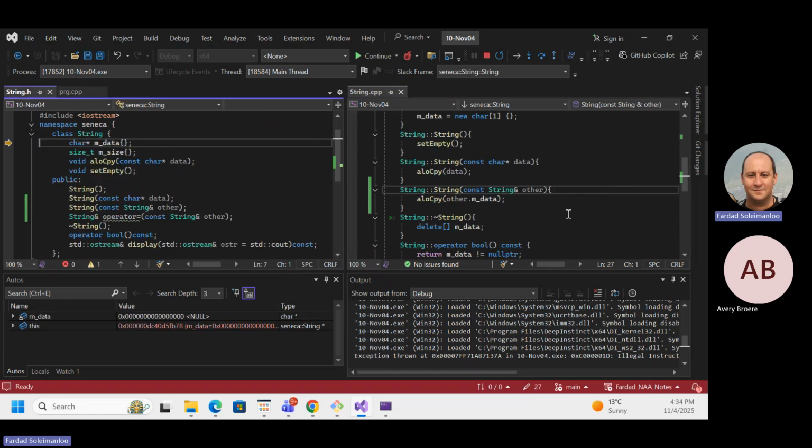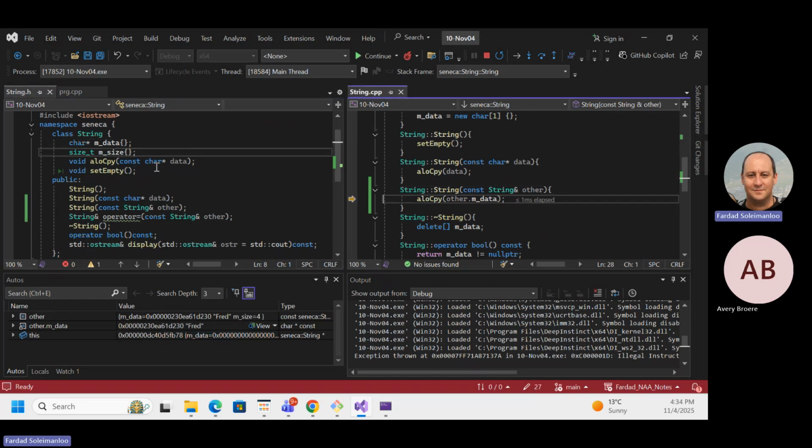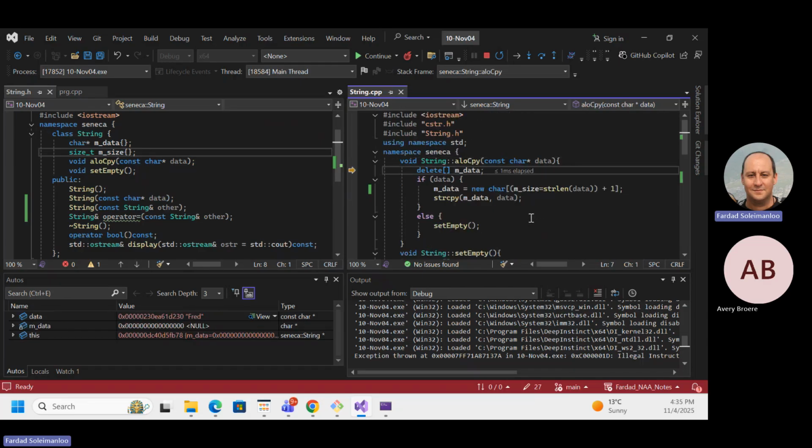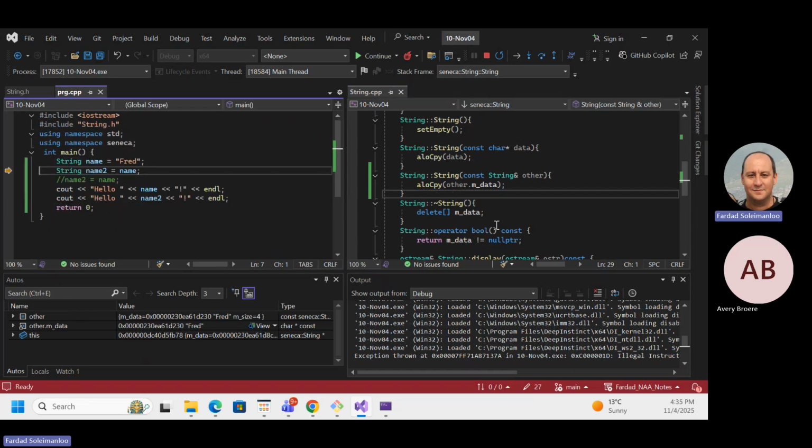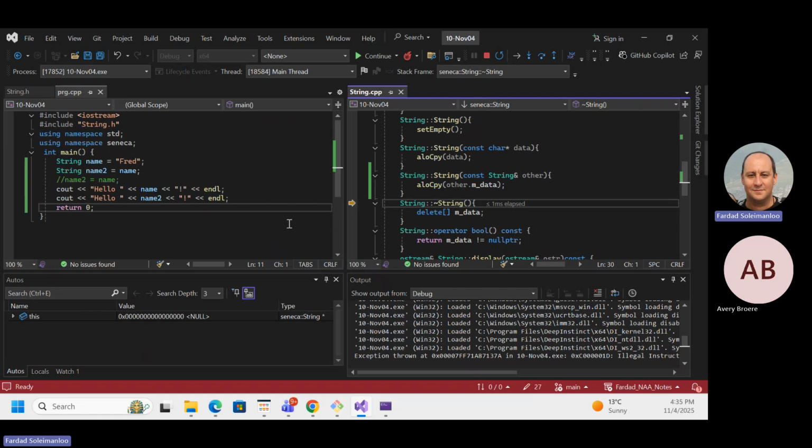Now in the copy constructor, when it comes in, it first nullifies everything. That's the rule for it, right? Then it comes over here and does allo copy. So it deletes the current data, which we don't care about, right? Then it does the allocation, and size becomes 4 like the other one, copies the data, goes out, and now we have ourselves 2 things. So it goes to the first destructor, deletes it gracefully, goes to the second destructor, deletes it gracefully, and we're good. That's copy constructor.